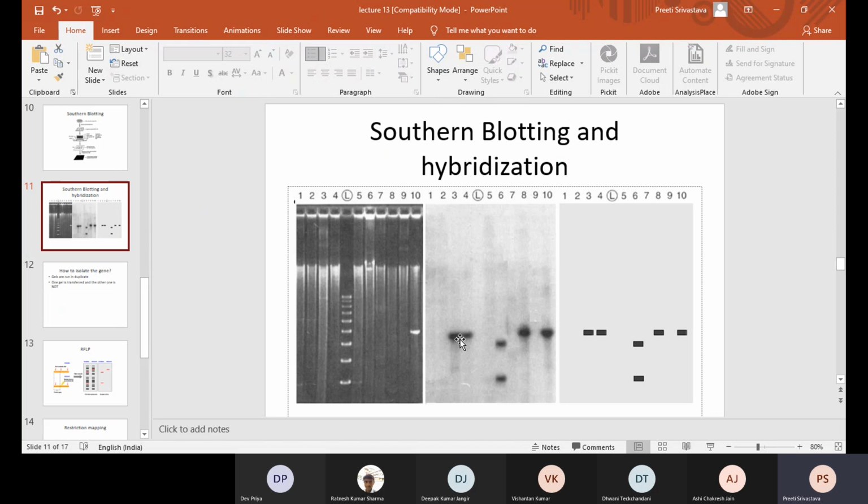And then you can see that, okay, lane number 3 and 4, and with approximation what we do is cut the agarose piece which corresponds to this size from the agarose gel. This experiment you will be doing in the Mol Bio lab as well. You will be cutting the gel. You will not be doing Southern blotting, but at least you will be cutting the gel.